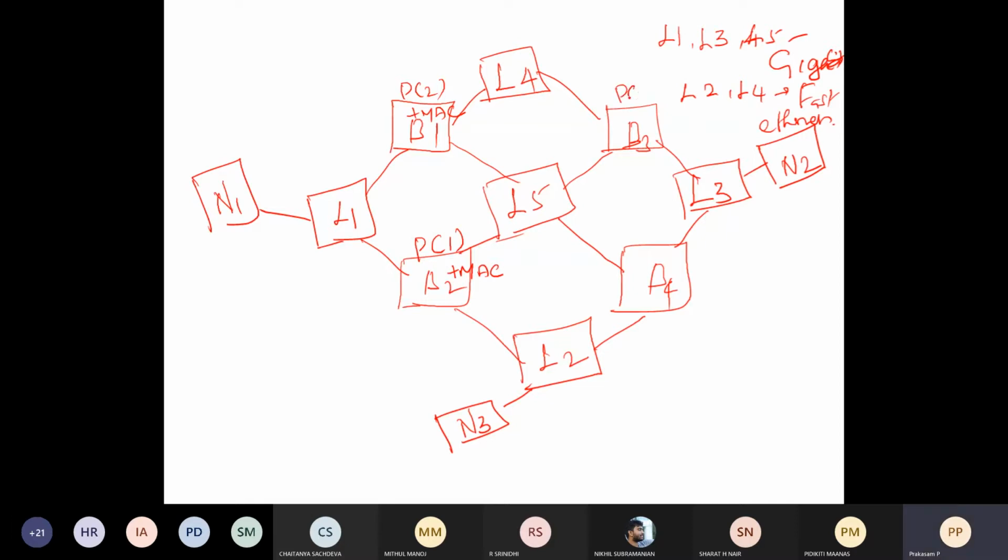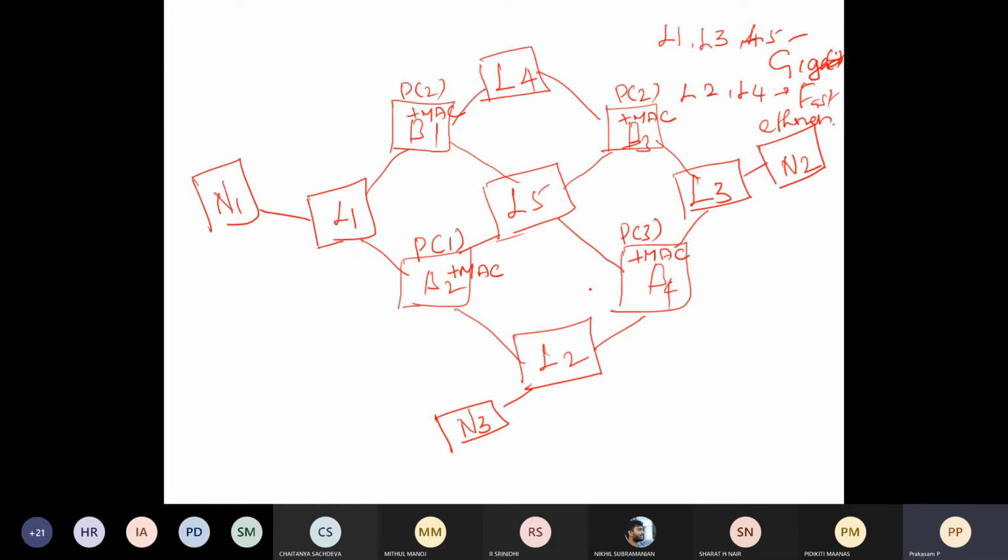B3, assume priority 2 plus MAC address. B4, assume priority as 3 plus MAC address. So we may give like this. We may give the priority for each and every bridge. Priority may be 1 or 2 or 3, whatever is given as a priority for each and every bridge. Then the MAC address is nothing but randomly generated by NetSim itself.